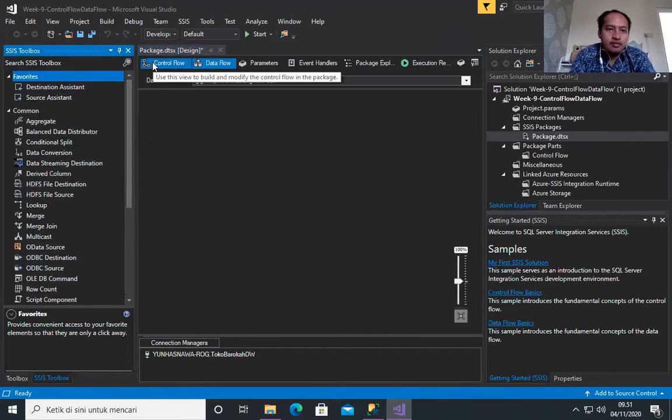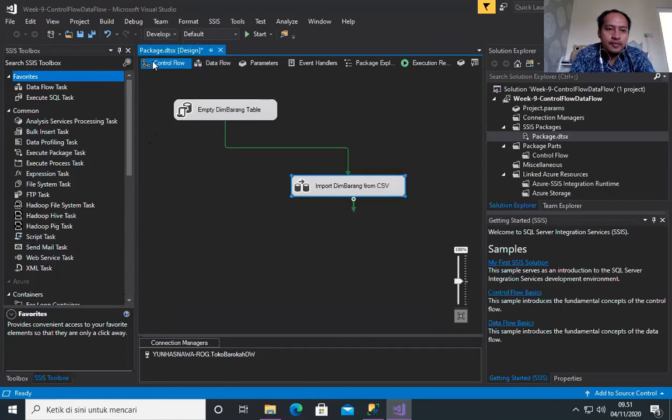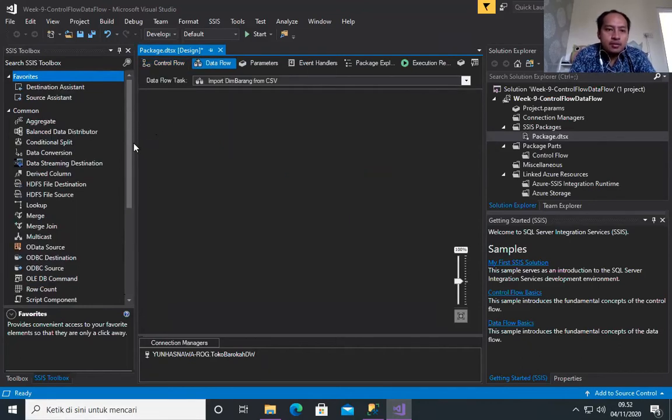The content of the toolbox of the control flow is in the form of tasks, always ending with the word task. Data flow task, execute SQL task, analysis service processing task, bulk insert task, and so on. But in the data flow, it will not end with the word task because it is not a task. It is an element, called data flow elements.